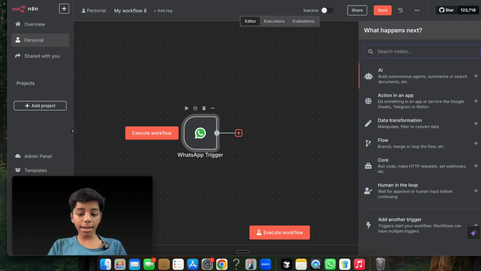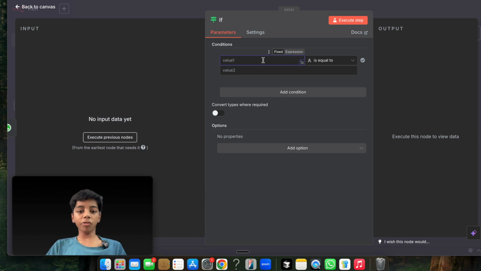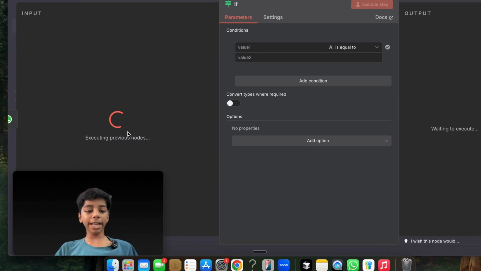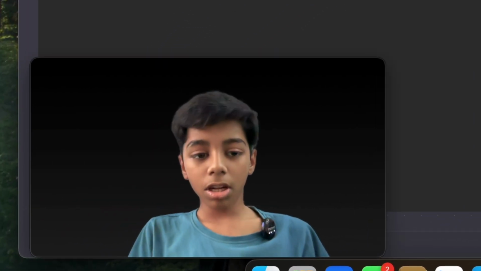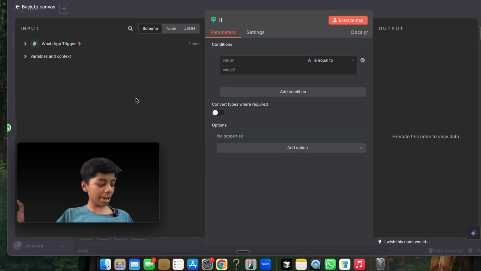So I'm going to go and add an if node, and once I add an if node in here, we can go to value 1. So guys, before this we need to execute our previous node. Executing previous nodes is very simple. You open your WhatsApp, and you just need to go to the number it gives you and say hello or something. So hi. I went to the WhatsApp bot, the number they gave me, I wrote hi, and as you can see, it